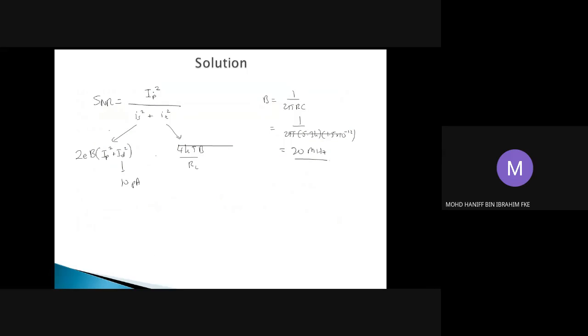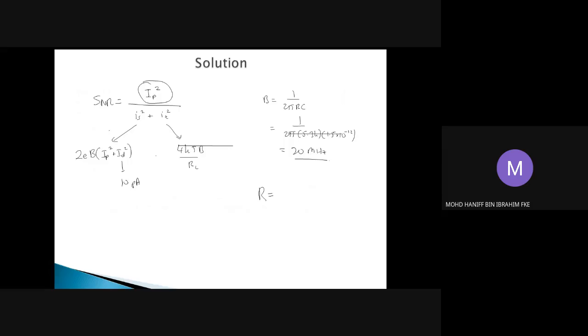Okay, how to calculate the IP then? That's the question, because IP shall be used in calculating the SNR. So IP is the received current, my apologies, received current, and this should be based on the responsivity values. Based on what we have learned in chapter 5 and 6 previously, responsivity